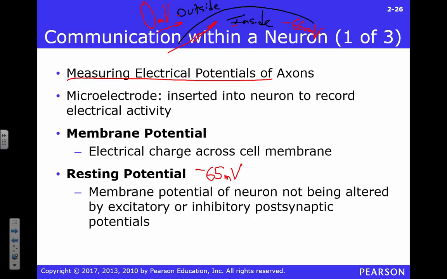Remember that time I told you every neuron is getting like 10,000 inputs at any given time. Some of these are yes votes and some of them are no votes. Some of them are going to be excitatory, some of them are going to be inhibitory. We're going to constantly be moving this up and down just a little. It's going to bounce around negative 65, just doing this all day long, up and down, up and down. Not a lot, just a little. If we go a lot up, then we've got an action potential. We'll talk about that.